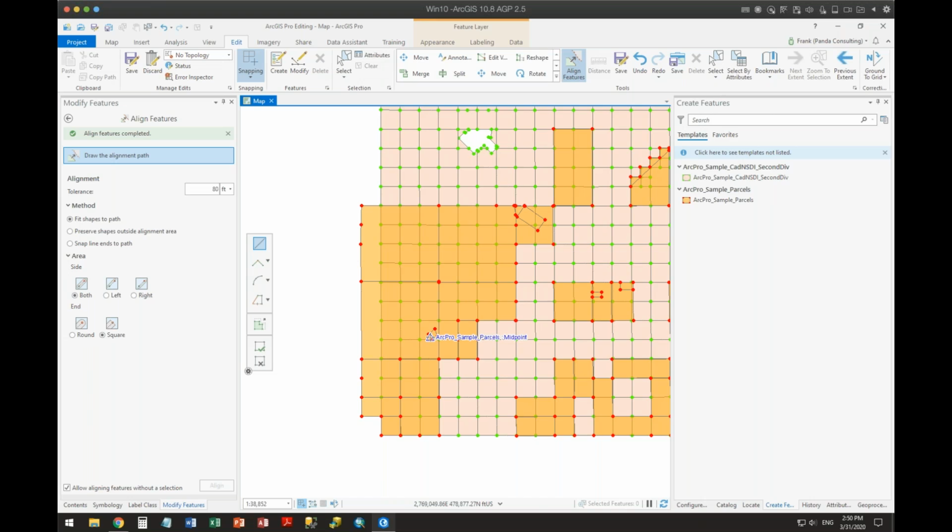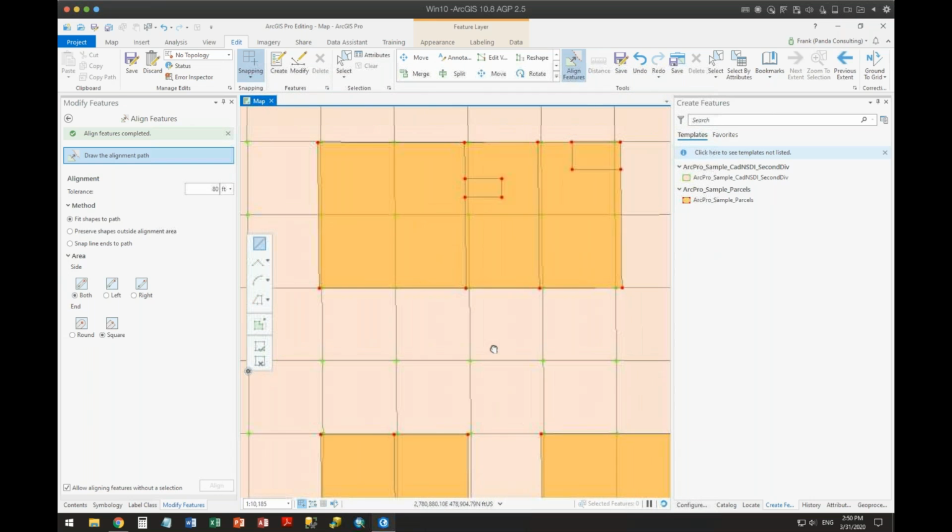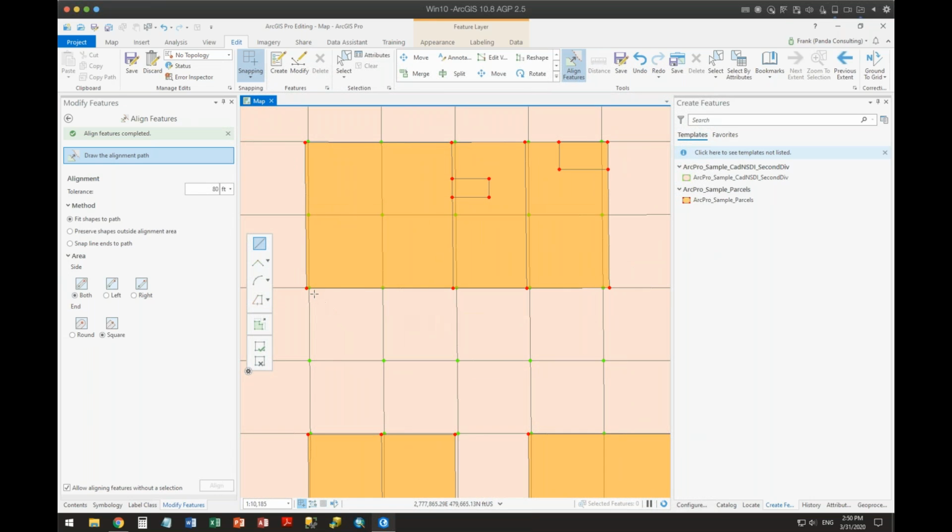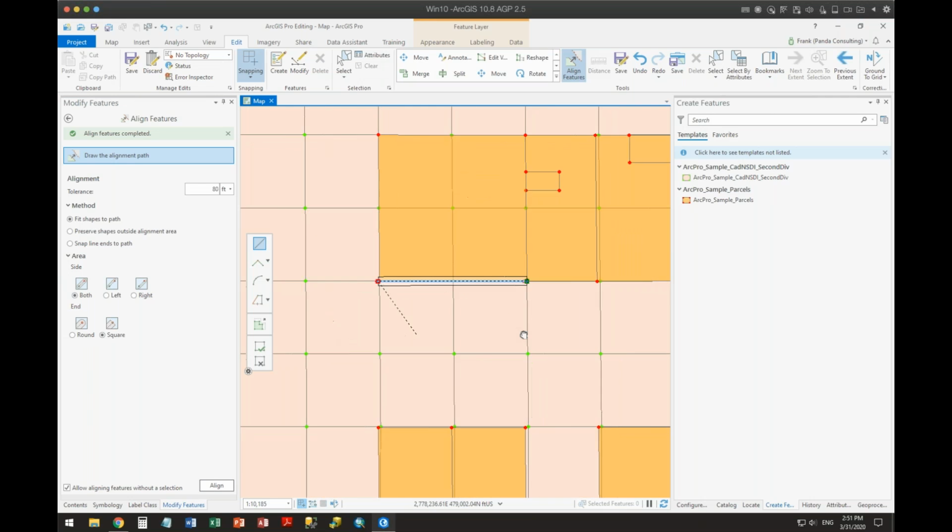I have to go and applaud Nancy for recognizing it for what it is. I mean, like I said, we've been doing this for a couple of years, and I'm surprised ESRI's never told anybody about this. And we thought, well, maybe we're just weird that we recognize the value of this, but it's pretty amazing what it does. Again, I look in here and it's like, well, maybe this is supposed to be aligned here like that. Boom, there they are. All right, I can go in and do this.